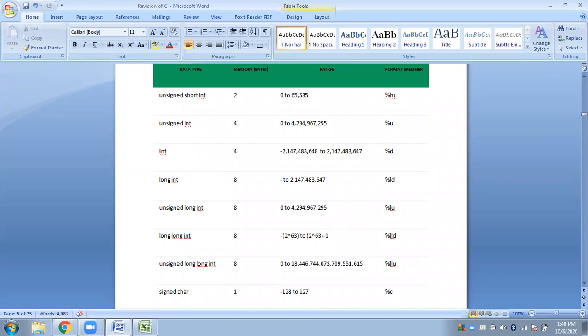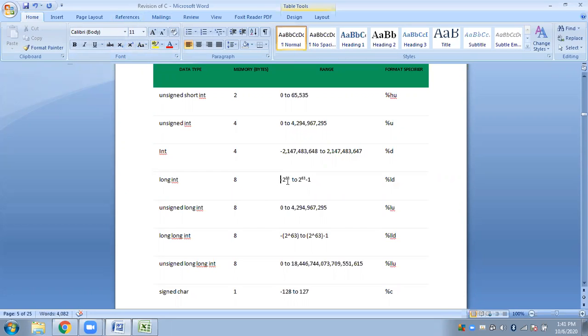This should be minus 2 to the power 63, and 2 to the power 63 minus 1. Okay, so this is the size.